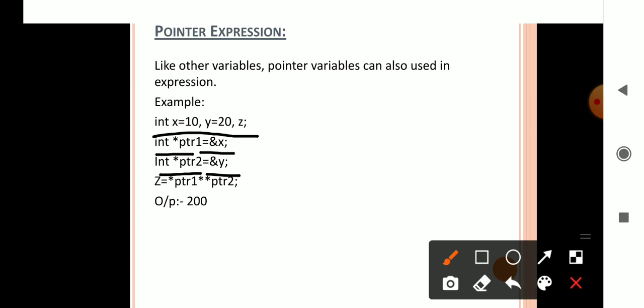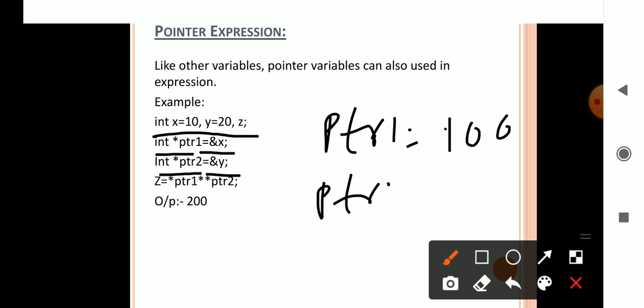So ptr1 means the address of x, for example x address 100. Next ptr2 contains the address of y, for example the address of y is 102. Now I will use the expression z is equal to *ptr1 into *ptr2.